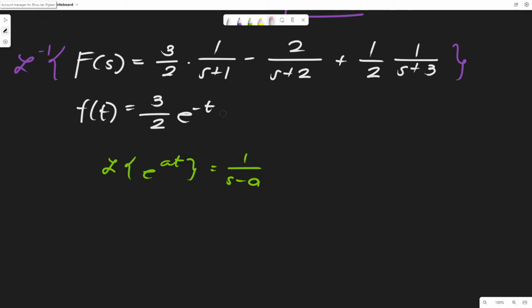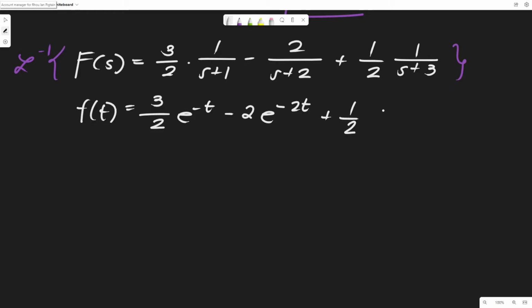Ayan, burahin ko na ito ha. Okay, next. Minus 2. Lalabas yung constant. So, 1 over s plus 2 again, so that is e raised to negative 2t. Then we have plus 1 half, 1 over s plus 3, so that is e raised to negative 3t. Ayan. So, this is the inverse Laplace transform of the function,